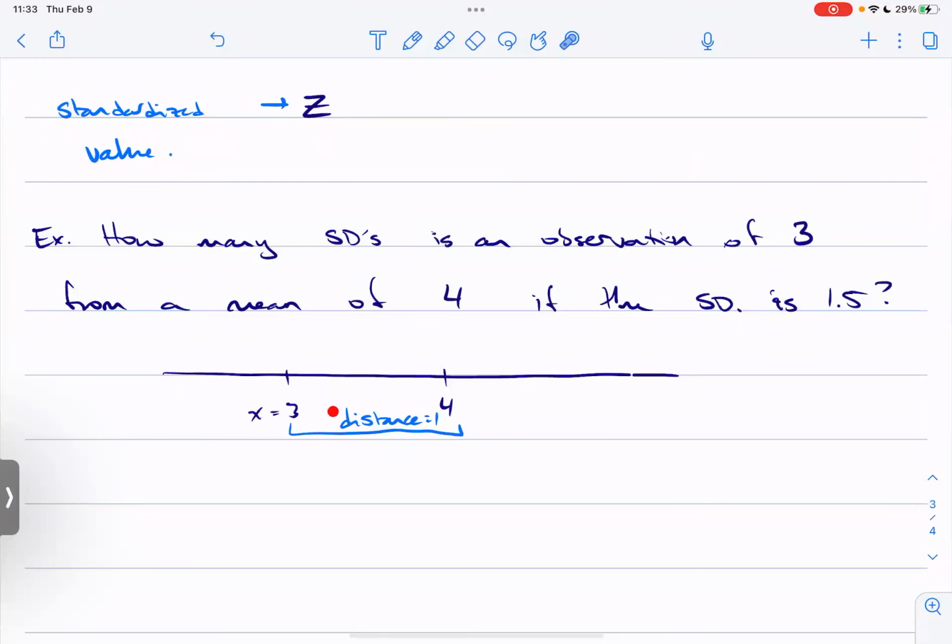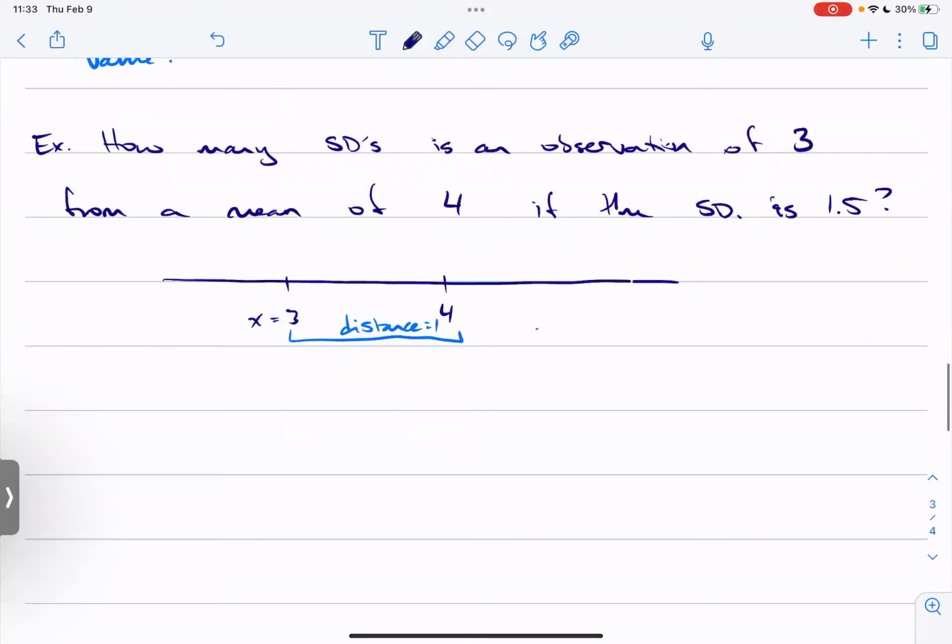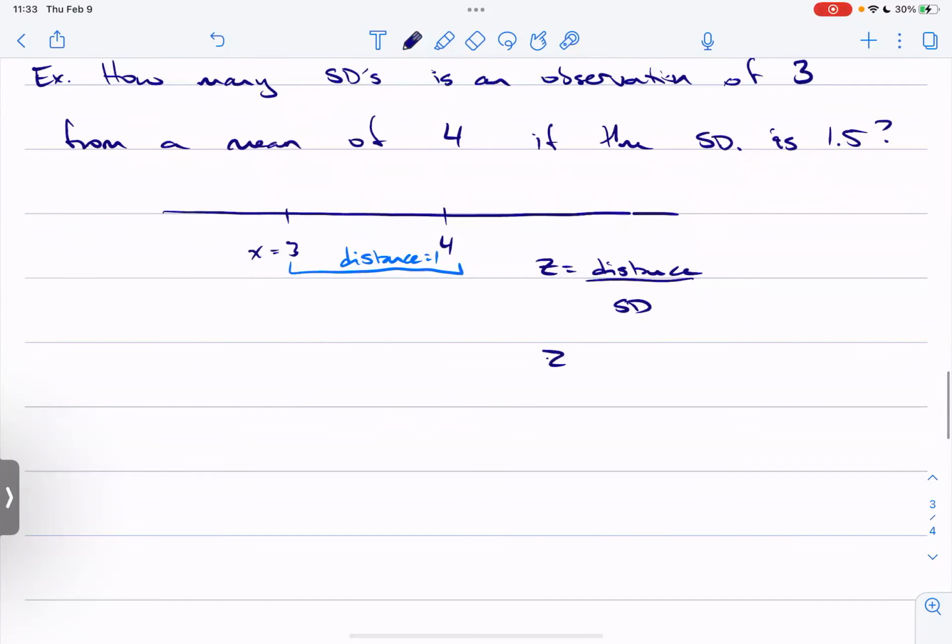Then I want to see how many times I can fit 1.5 in there. So Z is the distance divided by the standard deviation. So in this case,